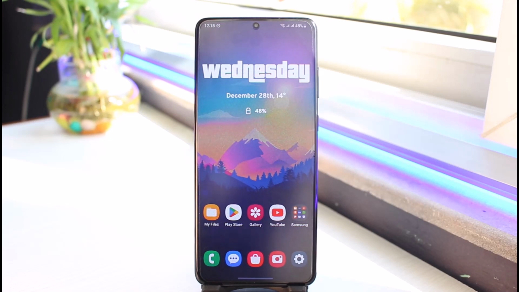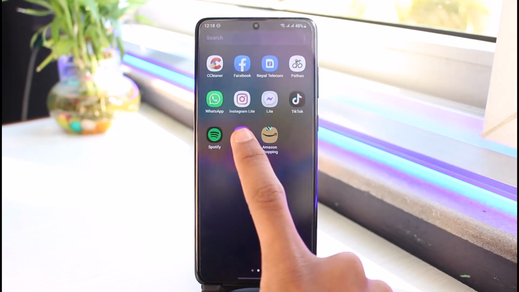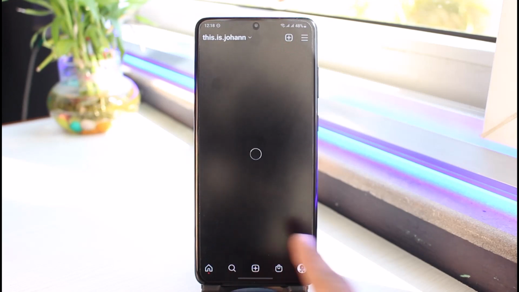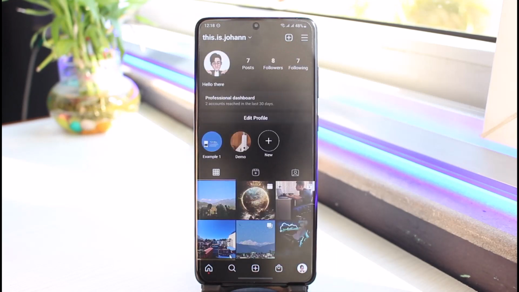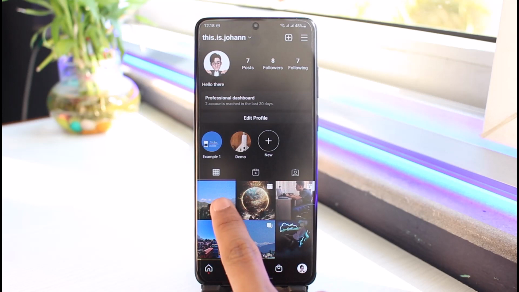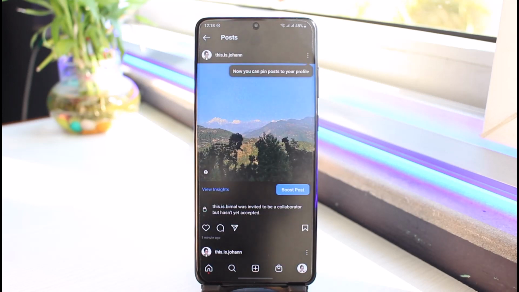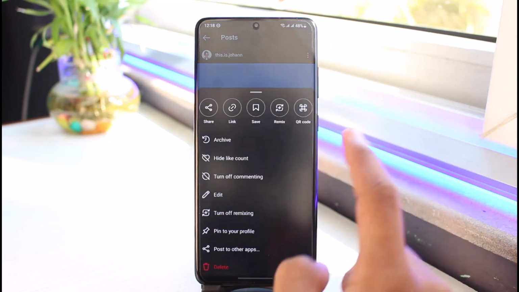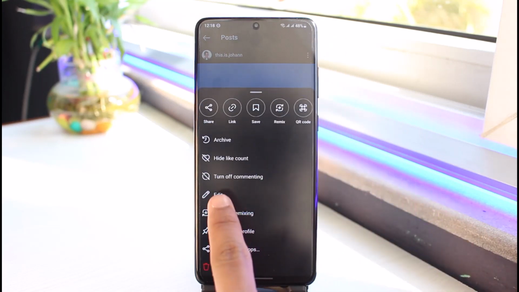If you would like to turn off comments on Instagram posts, what you need to do is to just go ahead and launch the Instagram application first and go to your profile page. Depending upon which post you really want to hide the comments on, you have to just select that specific post. And once you select the specific post, simply tap on the three dots from the very top right hand side of the screen, and at the bottom you'll find the option called turn